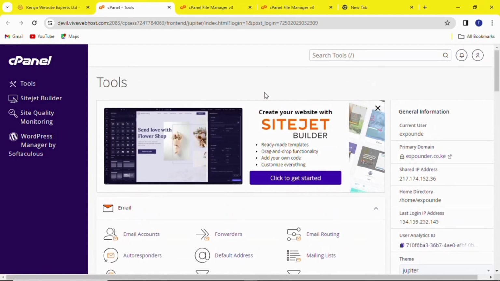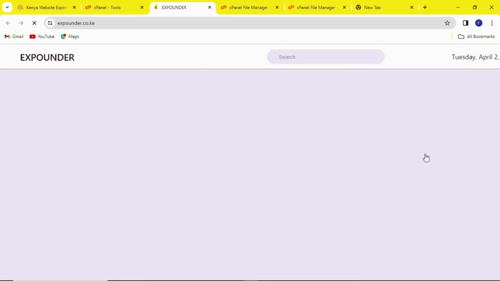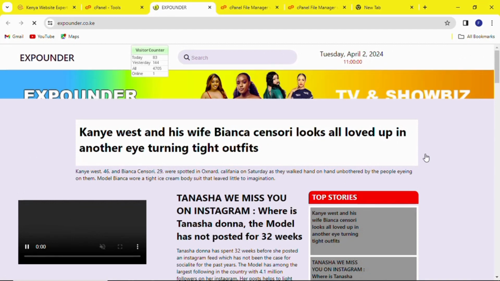So on the dashboard of the cPanel, you can see on the left side there's expounder.co.ke, the primary domain. So my site is called expounder.co.ke. That's the primary domain that is carrying the hosting of this server. So I'll tap on it. After you tap on it, it is supposed to direct you to the site that is live on the internet. As you can see, my site is loading,